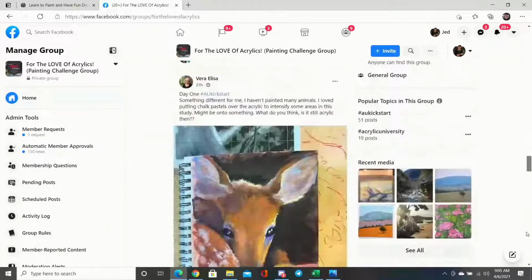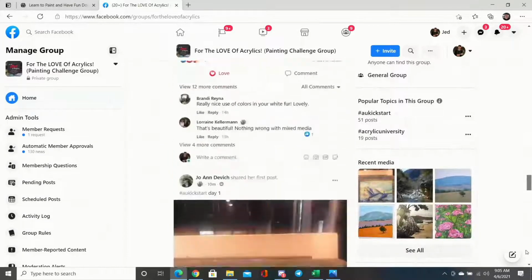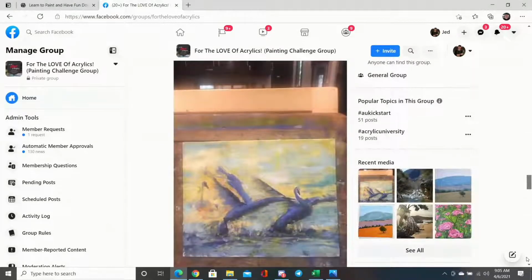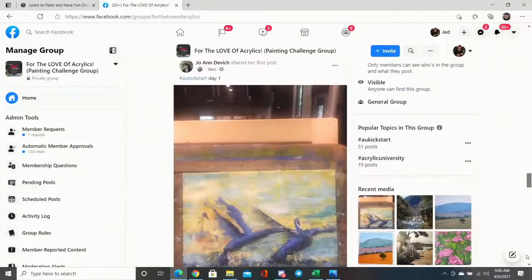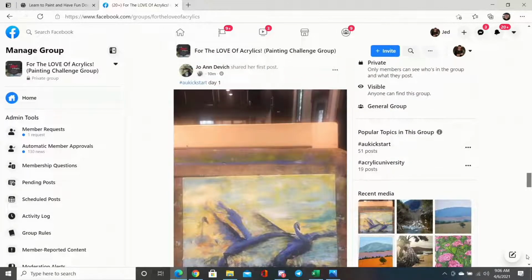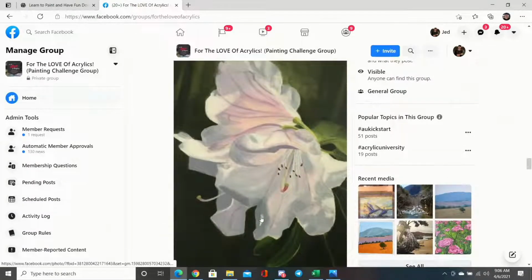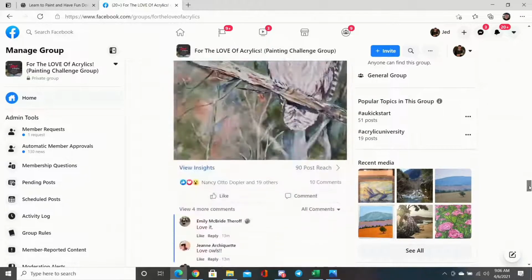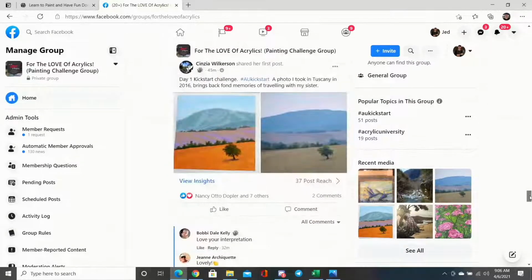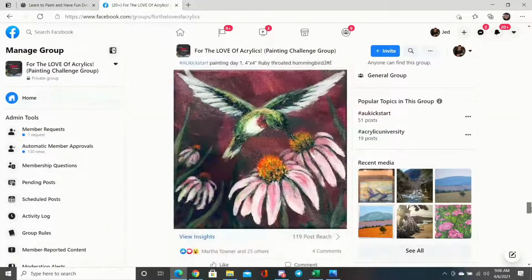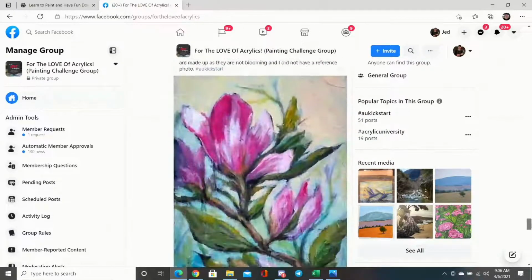Ismat, Vera. Look at these. You guys are in there. I think you're seeing them too, but super cool, right? Joanne. I know that some people painted along with me, so there are some of the ones that I did, but so many people did their own, and it's really fun to see all the variety.